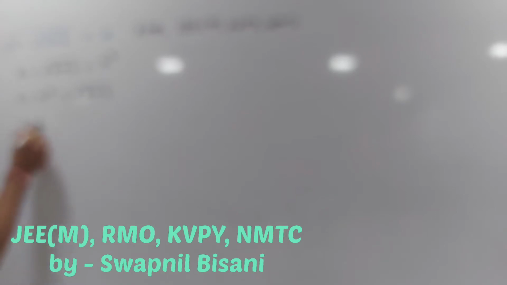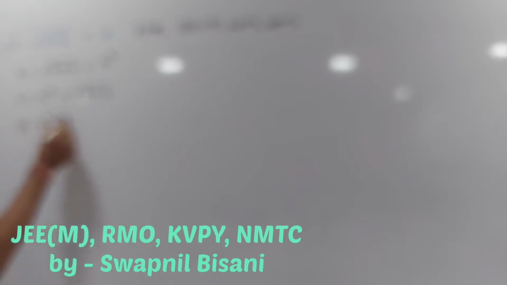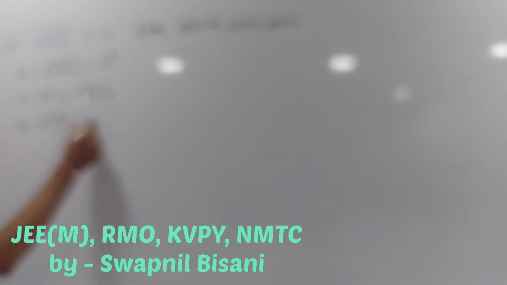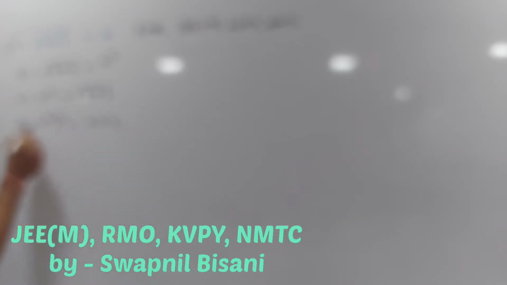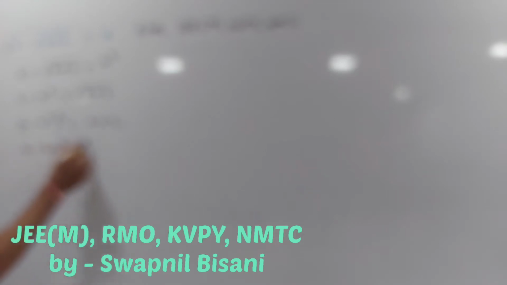So it will give 2 minus x square the whole square is equal to the square of this, x plus 2. And we know that here I can apply the a minus b whole square identity. So that is 4 minus 4x square plus x power 4 is equal to x plus 2. And just arranging it, x power 4 minus 4x square minus x, 2 shifted, so plus 4 minus 2 is plus 2.